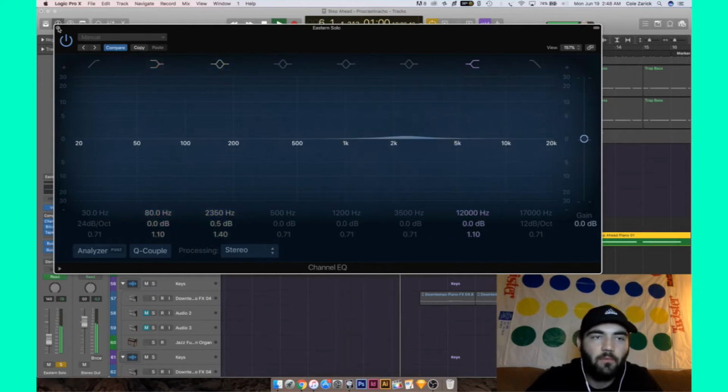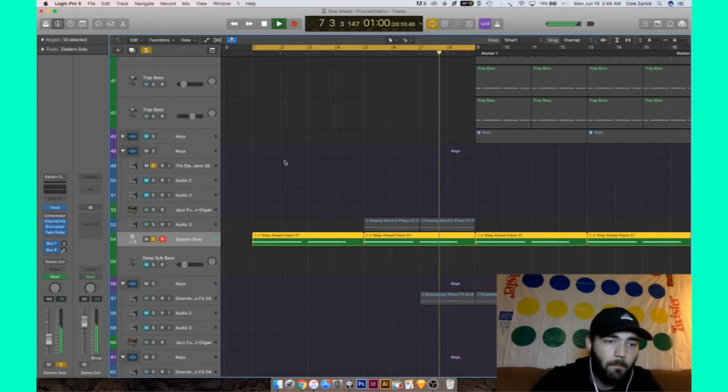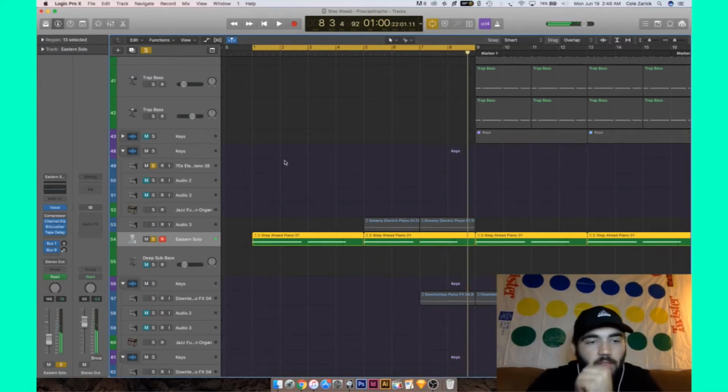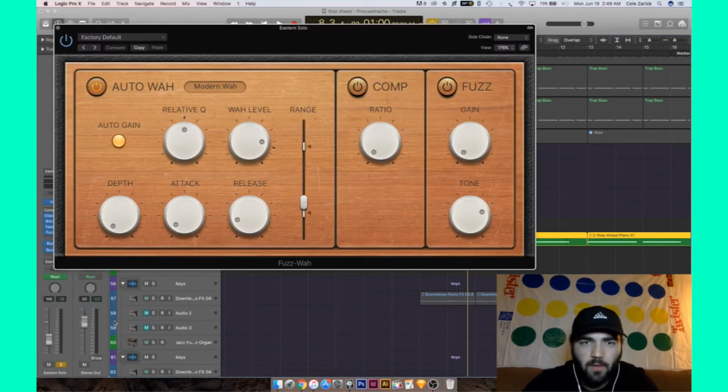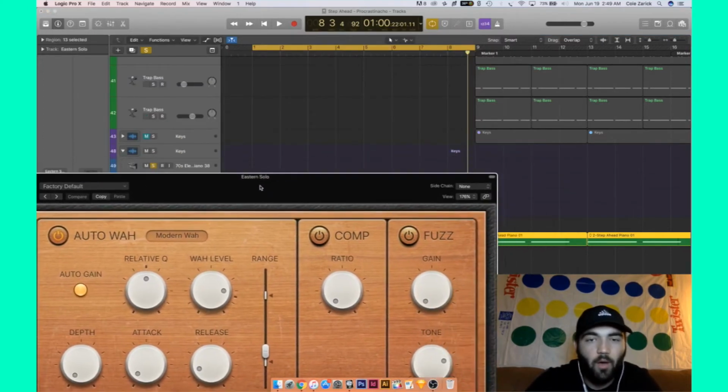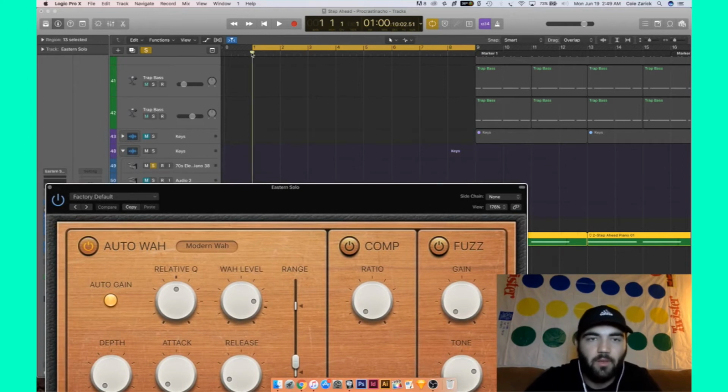And finding out how it's changing the sound. So let's deconstruct some of my favorite plugins and some of the best ways in my eyes to alter the sound of something. So let's just go down all the way, and I'll show you guys, where is it? It's under filter and it's Fuzzwah. This is something that will completely give it that wah wah effect, but it also gives it a ton of other different